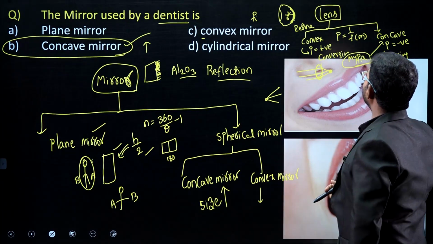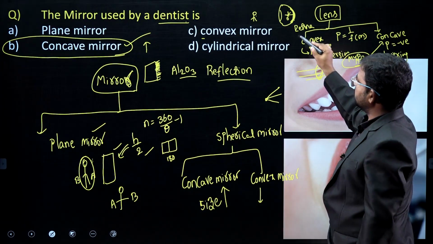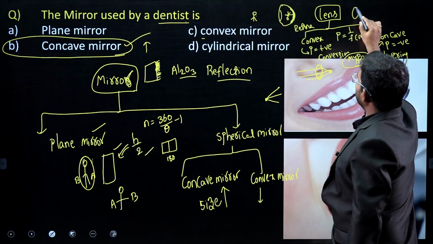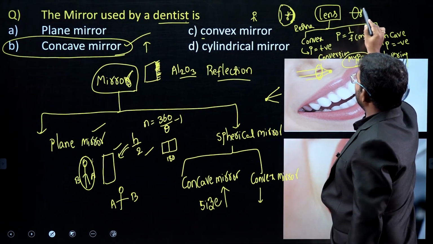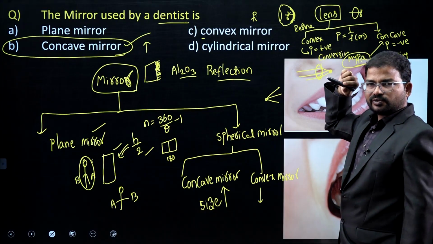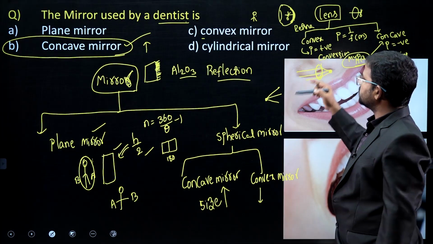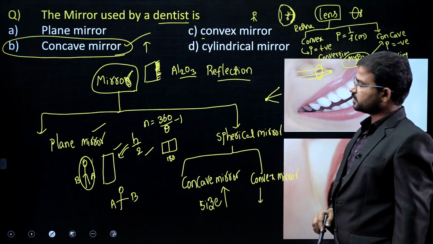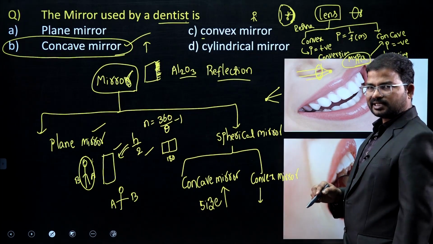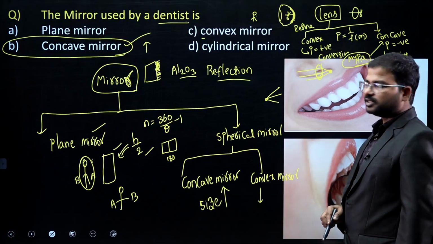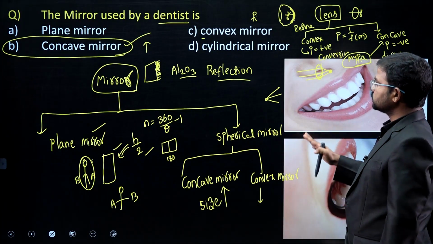For that we should consider a concave lens. What about hypermetropia? Here the image is placed behind the retina, meaning the focal length has increased. To correct that, we should consider a convex lens. That is the difference between these two things. You are likely to get at least one question from this concept, so you should majorly focus on this area.